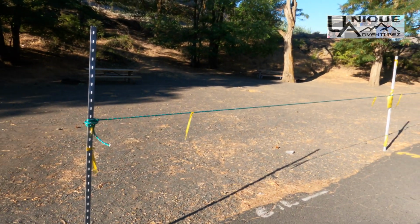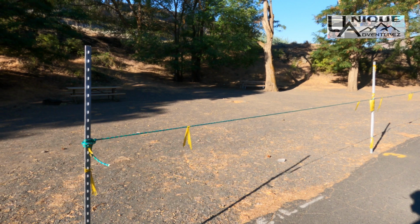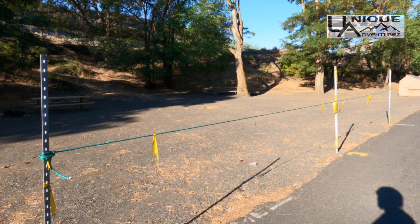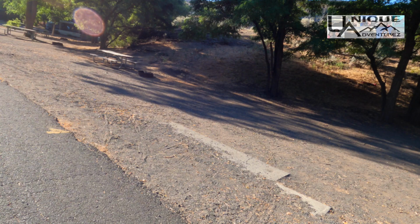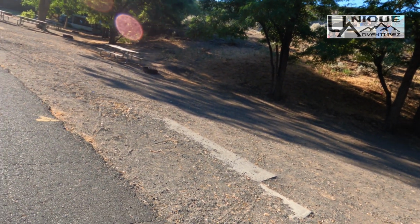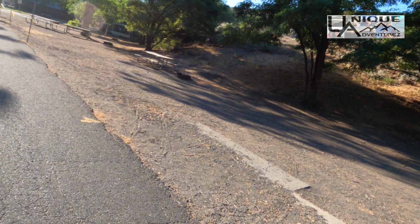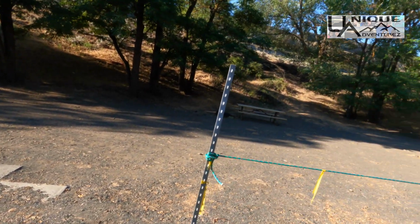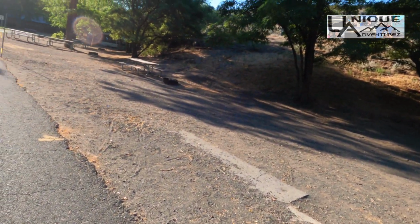So essentially I think what they've got going on here is they've got every other site blocked off, and I'm assuming this is because of COVID. They don't want people too close. So you've got site 2 back there, site 4 here. Site 4 is probably more of a tent spot than a trailer spot, unless you had a really small pop-up or something like that, which I did see some people doing in some of these spots. So site 2, 3's not available, 4 is available,